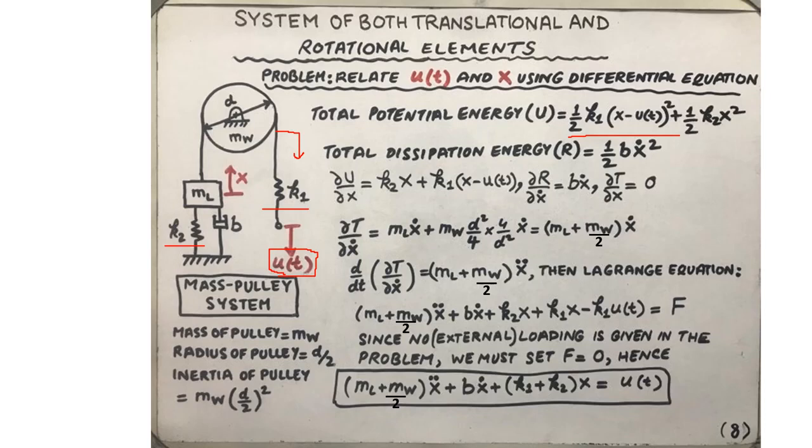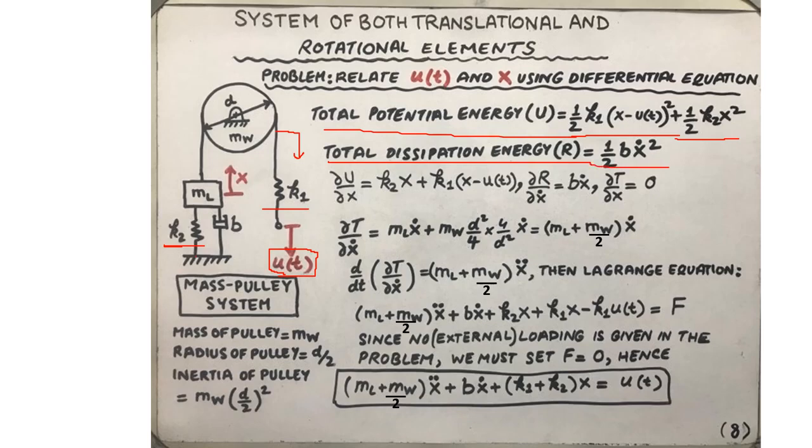Likewise, the potential energy stored in the other spring with the stiffness K2, whose one end is fixed and the other end has displacement x in the vertically upward direction, is half times K2 x square. Therefore, once we have calculated the potential energy, we can now proceed to writing the expression of the dissipation energy,